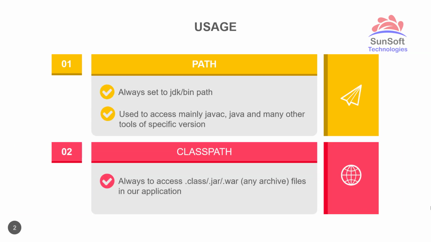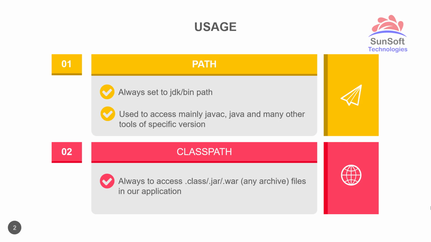First, you need to set the path when you want to use the javac and java tools, which are present inside the JDK bin folder. Many times, whenever you want to compile the code, you need javac, the Java compiler, and to execute it from the prompt, you need the java command. Both of these are available in the JDK bin folder.